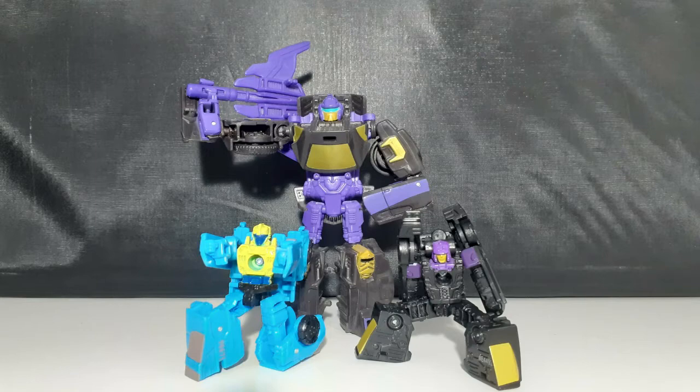I ordered them from a friend last year, as in December 2020, but they only now arrived. They are just simply small generic cowboys. I bought them mostly because I really like Blackjack, since the Combiner Wars version was one of my first Transformers that I ever got. But if we are already in the Transformers mood, let's continue it